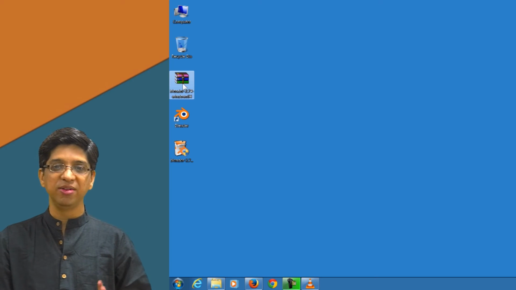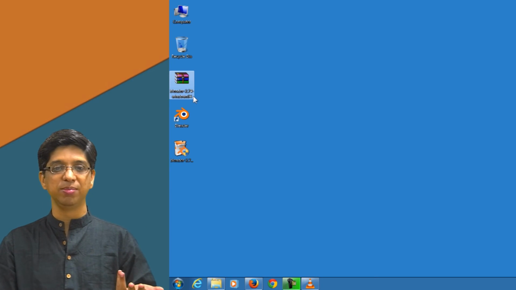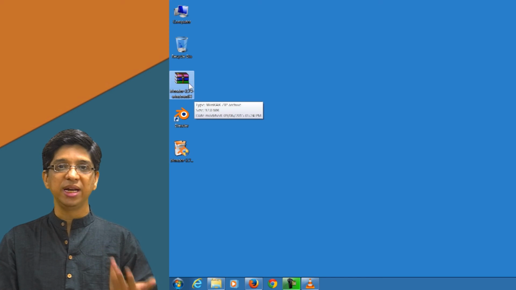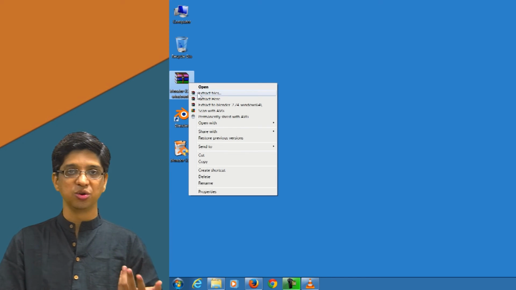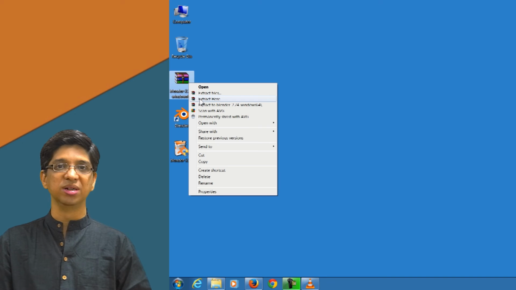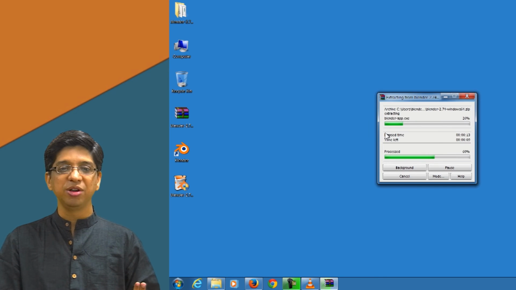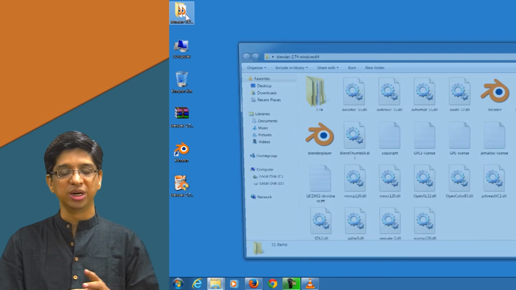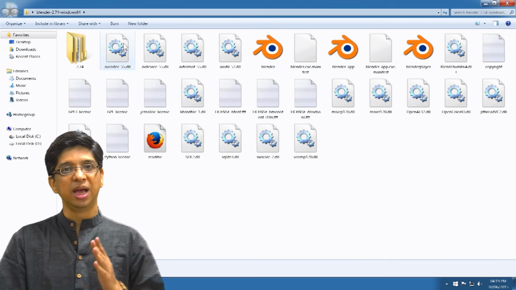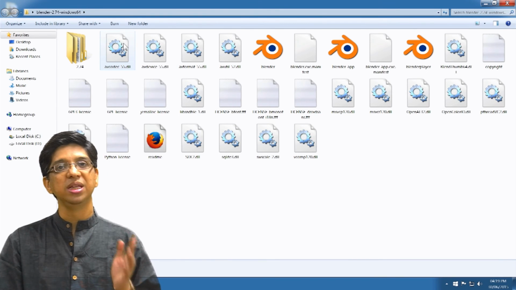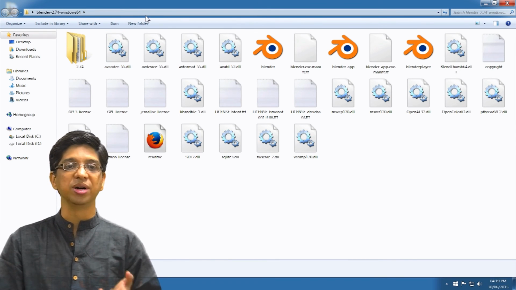So you will get a zip file which is a compressed file format which will look something like this. You have to right click and extract it. So in order to extract, you can use the standard unzipping options, or you have some free utilities which can be used. Then after you extract, you will get a folder which will have multiple files, and that folder will be the key to start Blender on your computer.